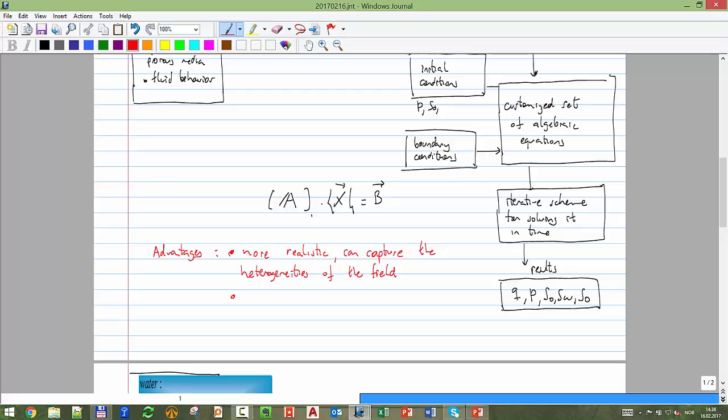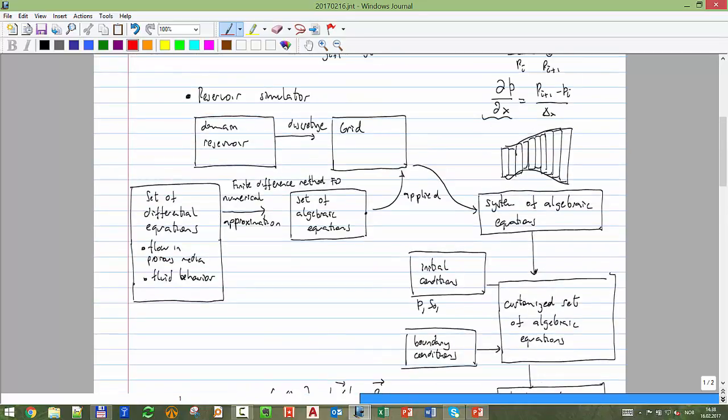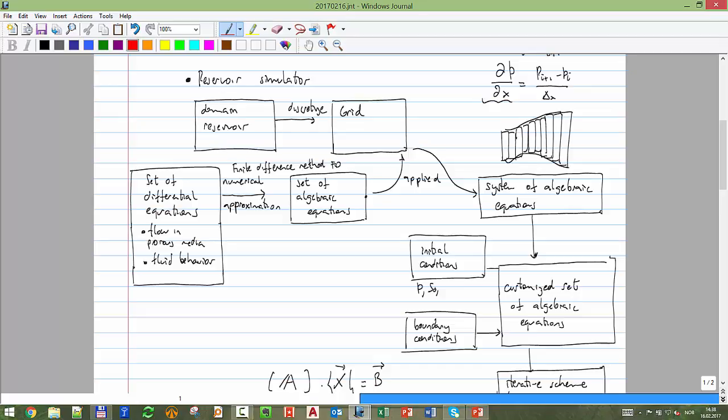But some negative points are, it takes a longer computation time. Also, another complication is that we need a lot of input. Imagine that you have 1 trillion cells. You have to give for each one of these trillion cells many properties. You can assume that they are the same, but if you have any variation,